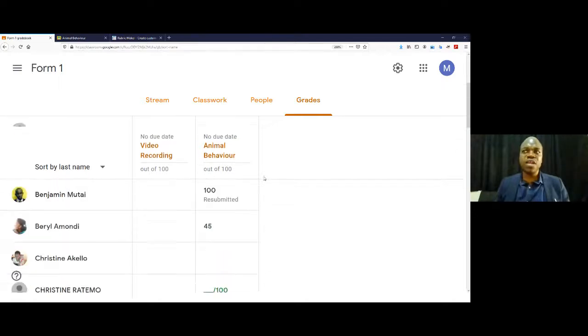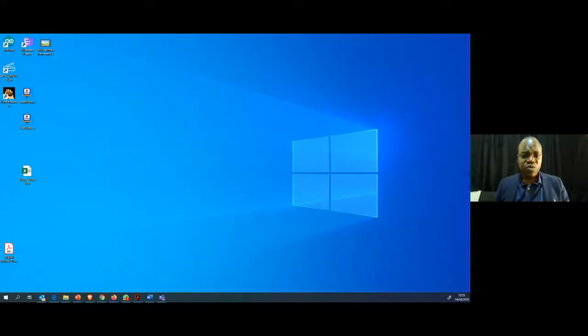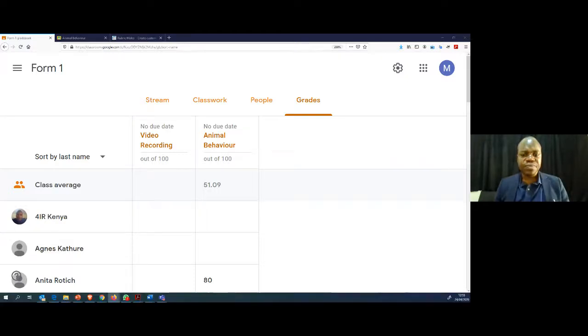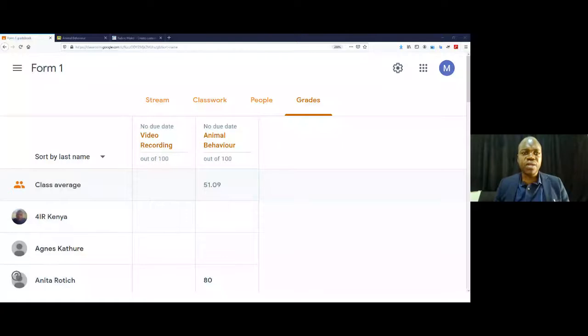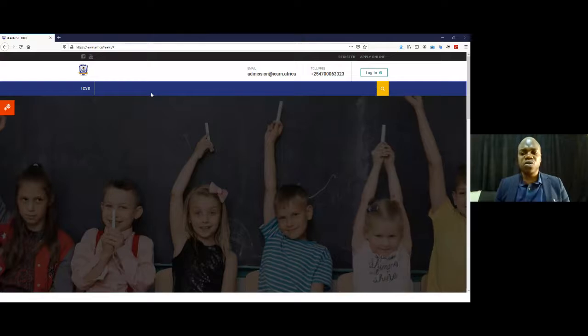Number 2, remember, you can even give an online exam and students do a real exam. In our next level, probably we'll be talking about how to create an online exam so that we work with it. I want you to see, some of us decided that we wanted to collaborate and work together in maybe an online management system or online school. And we have created a school here that I want to share with you. This is what we are going to be using very soon. Maybe from tomorrow,